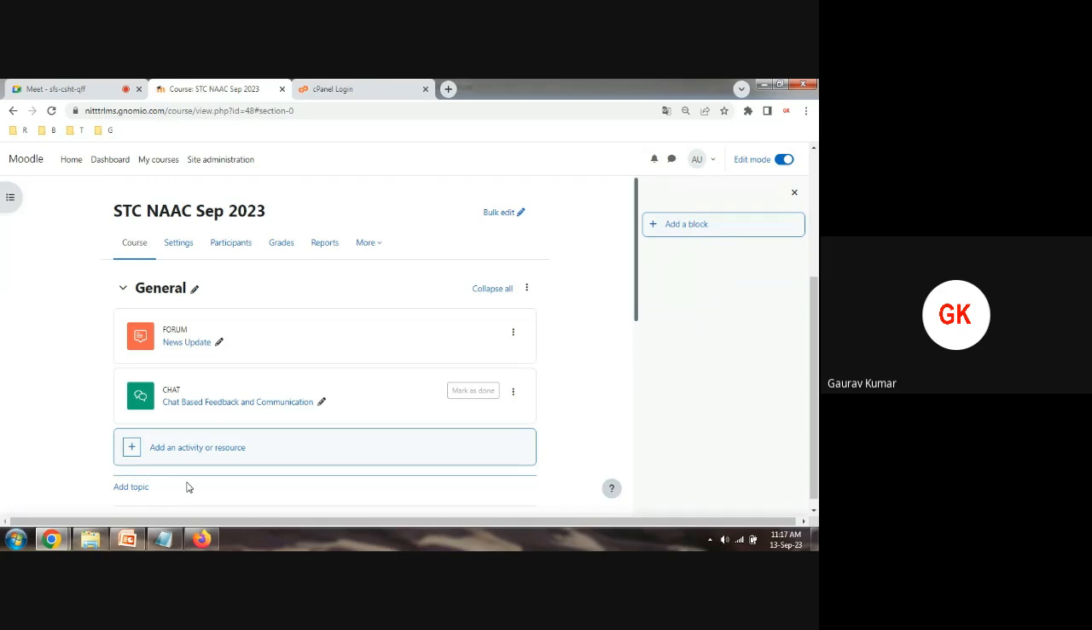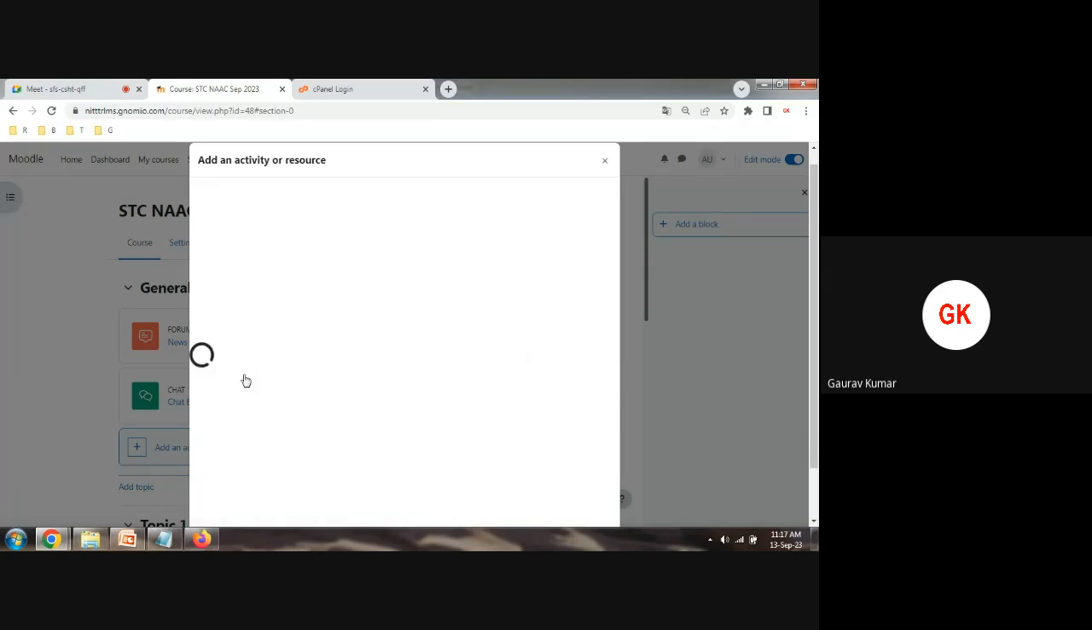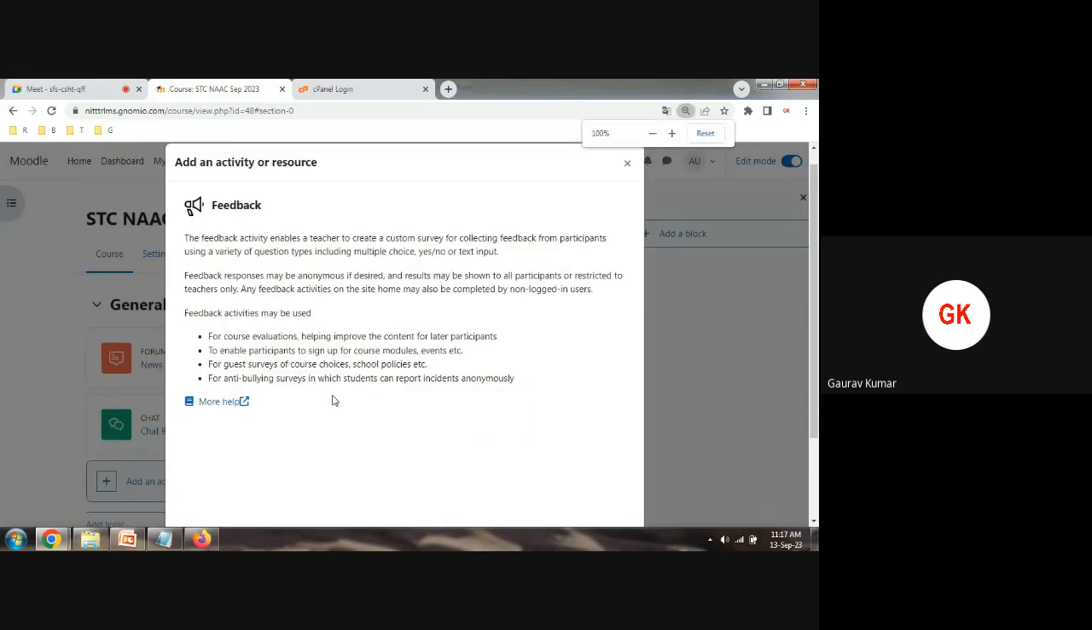If additionally you want to link feedback and review system, that can be attached. Otherwise, integrated module we can link with it. So you can see feedback in add an activity or resource. And before installation, before linking any module, we can see its complete description by which way we can use it. So you can see this is the feedback,